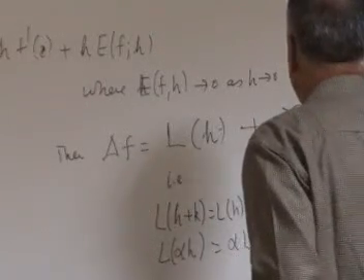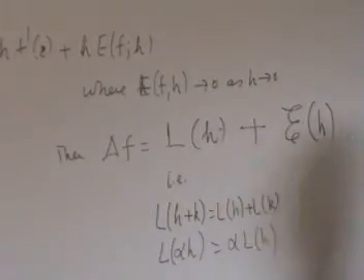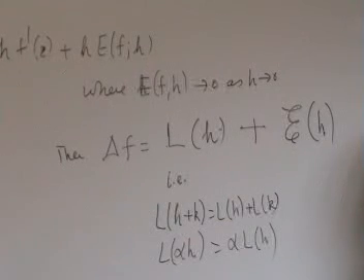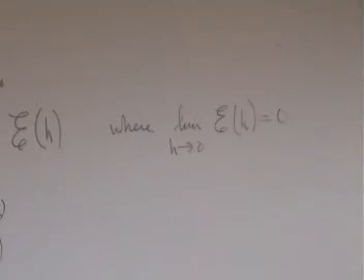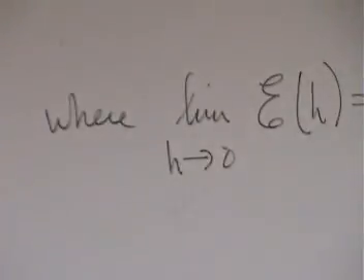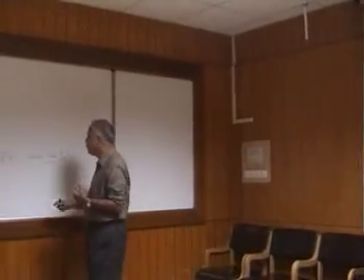Plus some E(H), where the limit as h tends to 0 of E(H) is equal to 0. Okay, that is how I look at the derivative. So I say that the function is differentiable at a point x if the increment in the function can be written as a linear function of the increment in the variable, plus something which goes to 0,